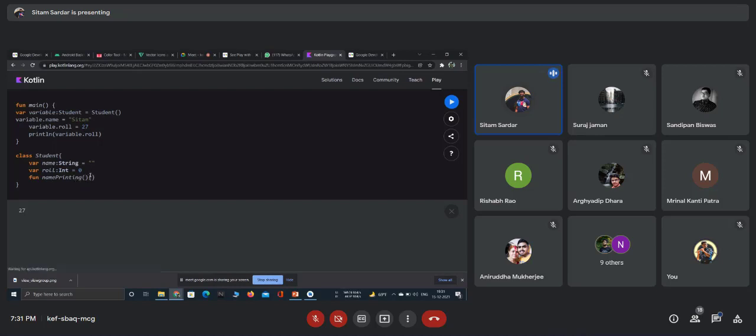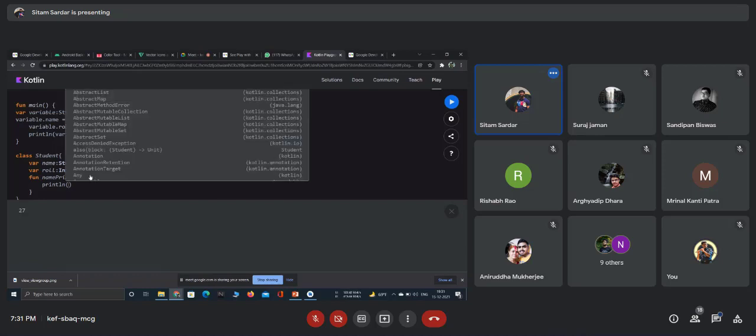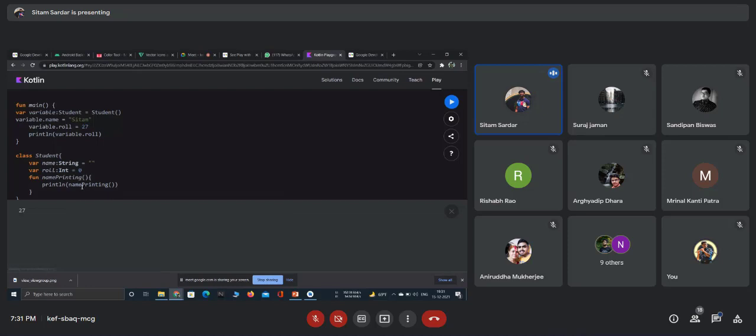And what it will actually do is simply print the name. Which name will it print? It will print this name only.